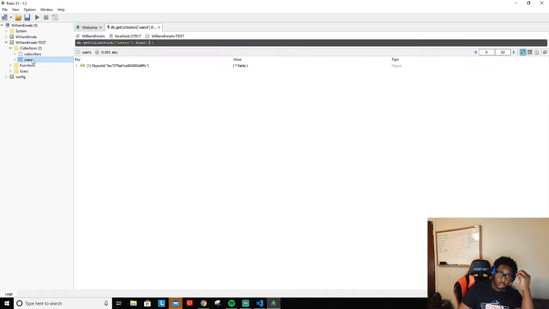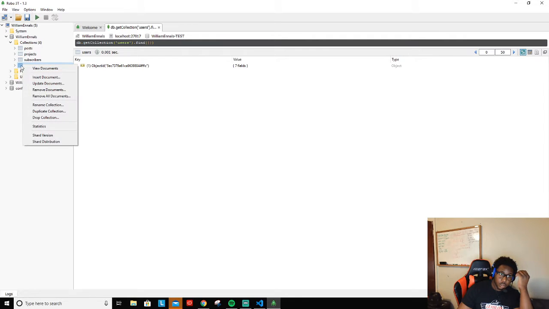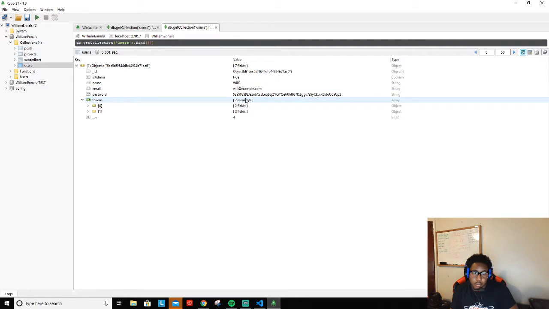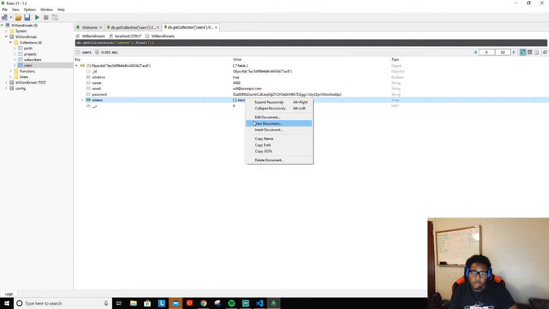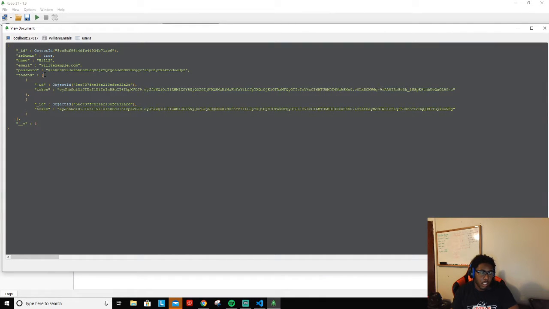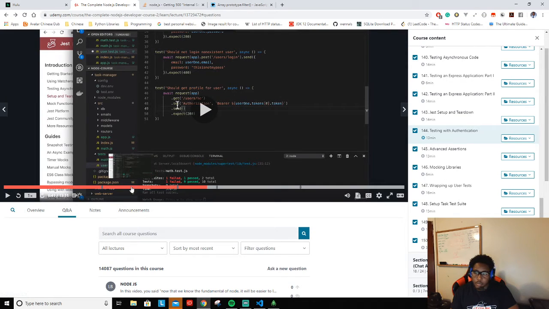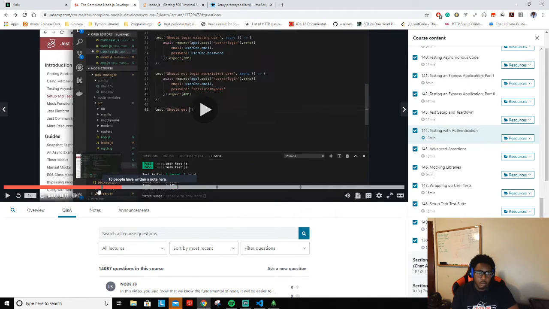So let's check the users, and I'm in the test actually. I didn't mean to come here. I meant to go to the local version. So we go here, we look at our 2 elements. I really just want to see if view document, there we go. That's exactly how it looks. You have your token, you have an ID for it. So maybe I should create IDs for these tokens as well. Didn't see that anywhere, but maybe I should,